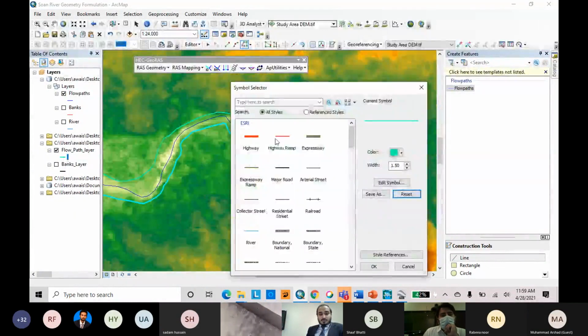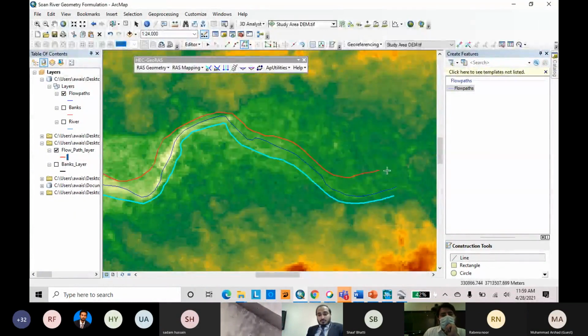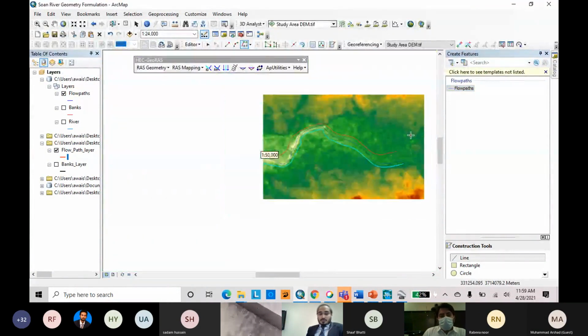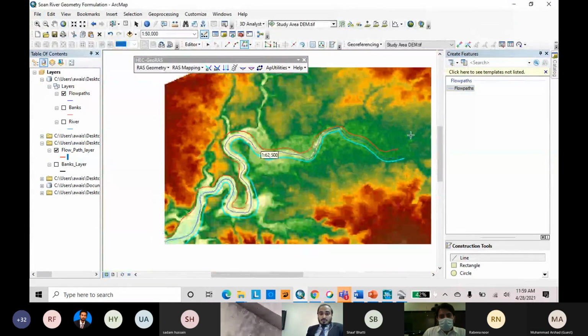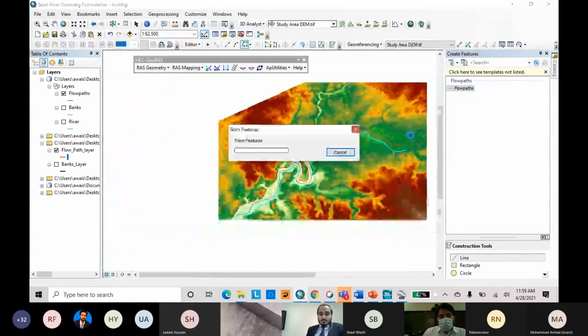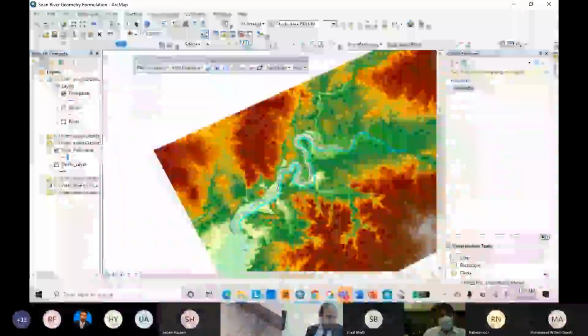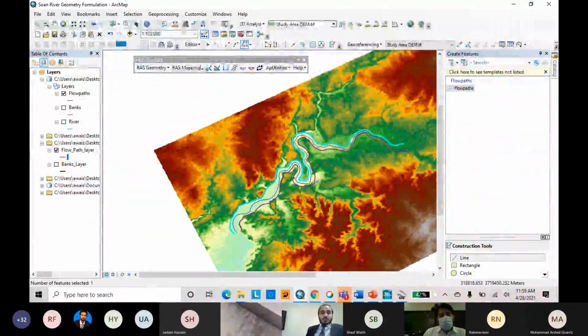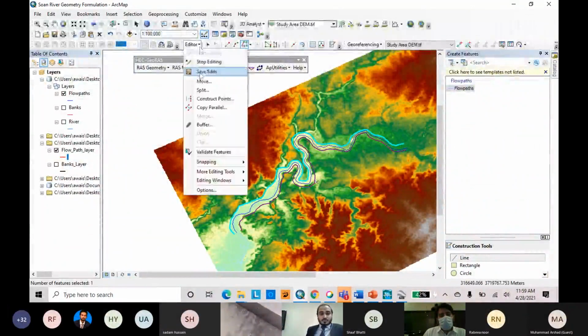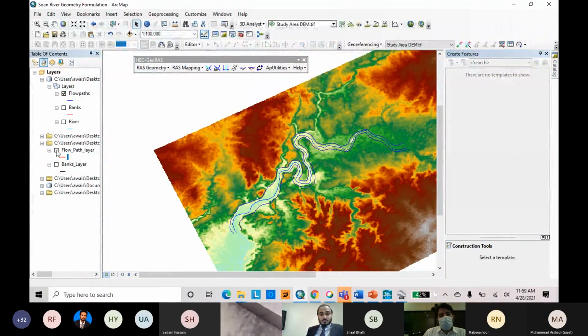Let me change its color. We have to save edit, stop it, and close it here.